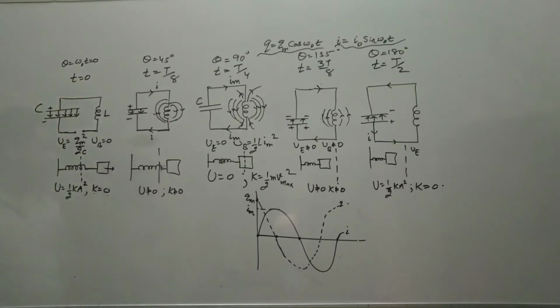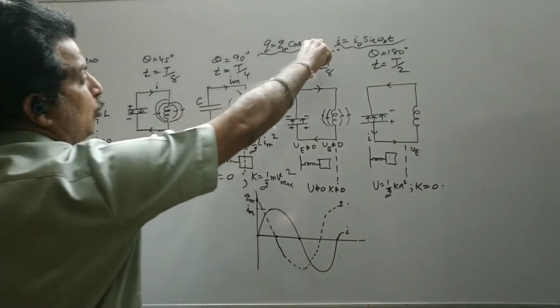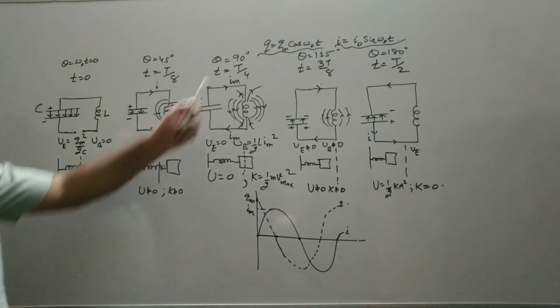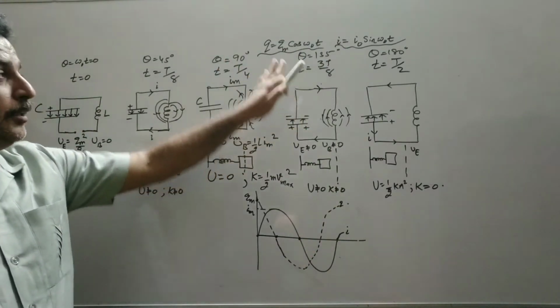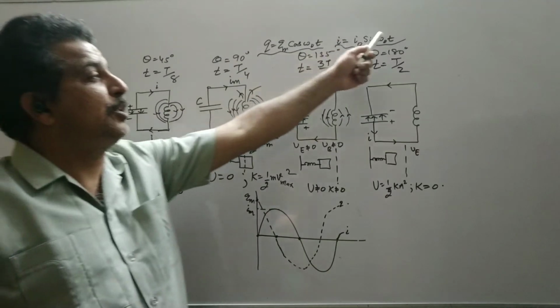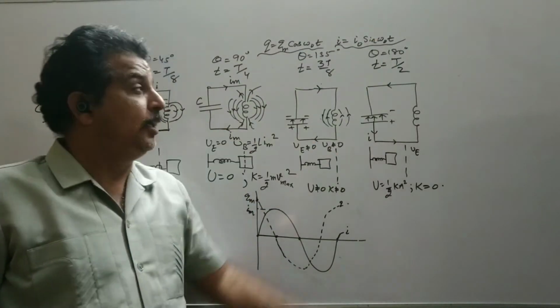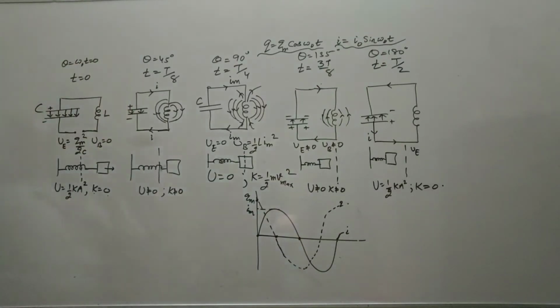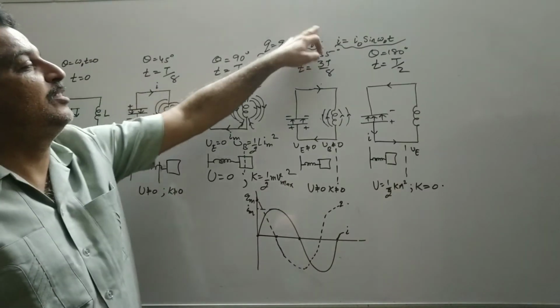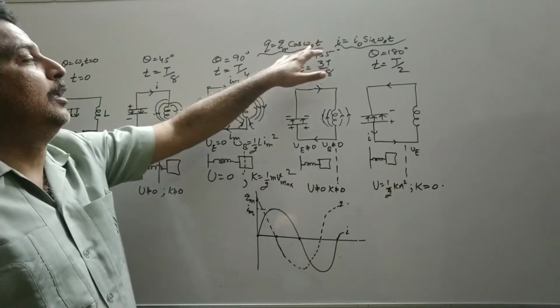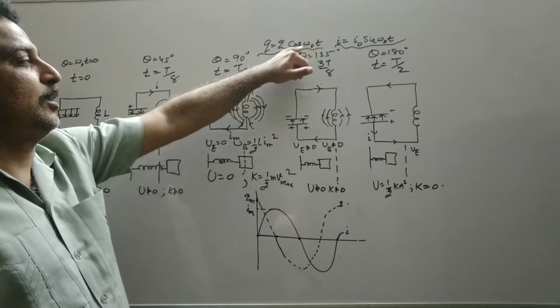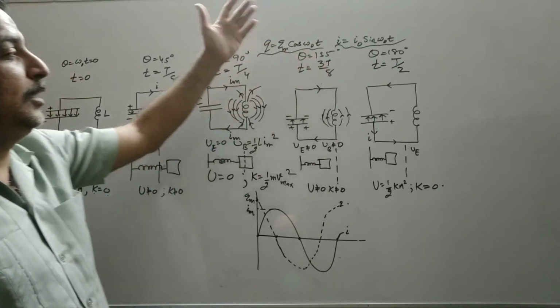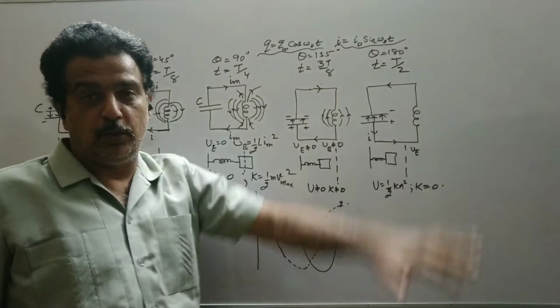t is equal to 0. Now you substitute t equal to 0 here. So q is equal to qm, which indicates that the charge is maximum. Or if I substitute t is equal to 0 here, the current is 0, since sine 0 is 0. Or you compare it in the form of angle. So theta is 0. This omega naught t itself is theta, that we have studied in the AC generator also. So cos 0 again comes out to be 1, and sine 0 comes out to be 0.